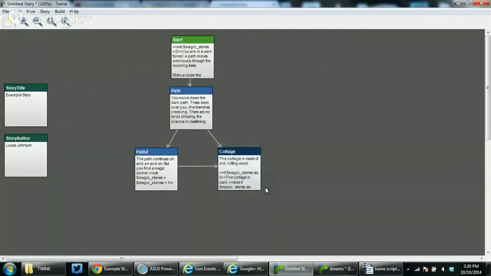From tracking equipment, you can say, check whether or not you have the magic stones, or if you have an axe to chop down a tree, maybe. It doesn't need to be any kind of equipment. It can just be, have you gone to this place yet? So you might say,